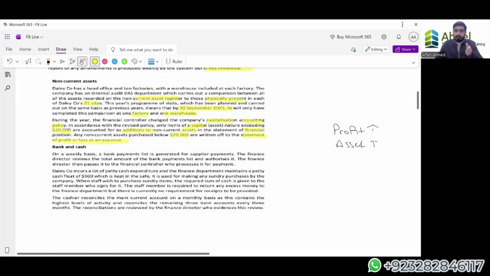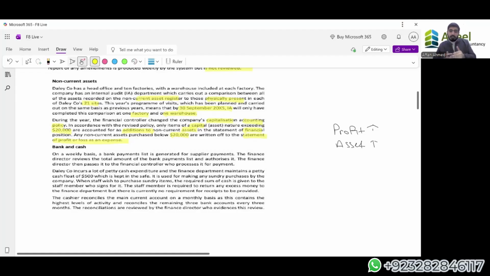Review the board minutes, and you will get evidence whether the particular transaction or particular change was approved or not. Then, if we are recommending that the amount should be lower, how much lower? It should be discussed with the finance director what amount they are setting or considering to set if we are recommending a lower amount. Okay, so this is the area that we can target as a test of controls.